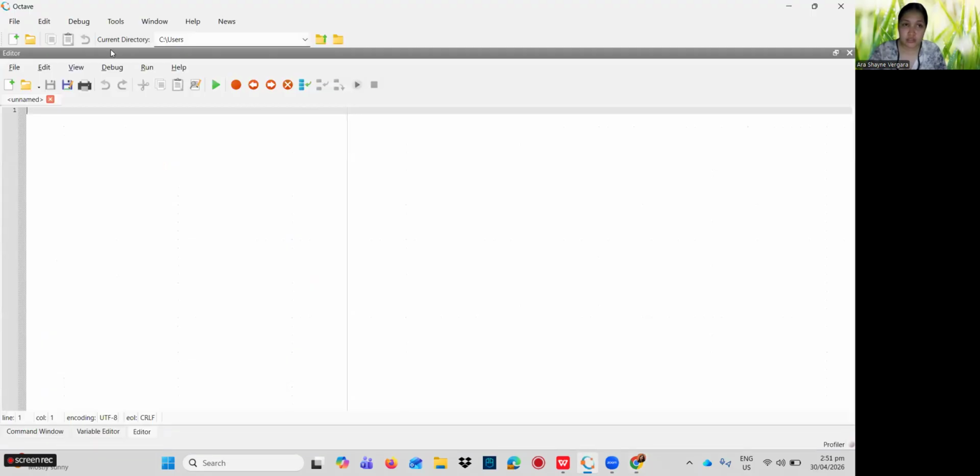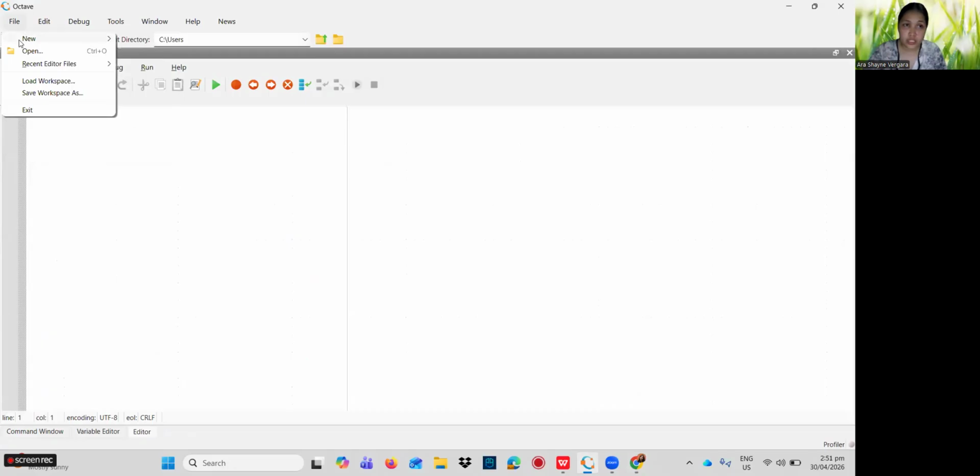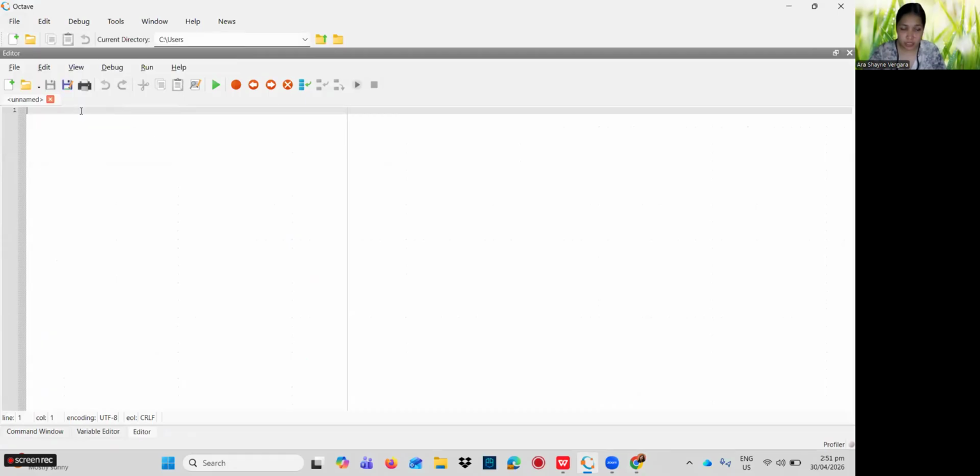So from GNU Octave, just click new and new script. And now we can type our code. So A is equal to 1, 2, sorry, 1. So I hope you have a copy of your activity so that you can easily input it.